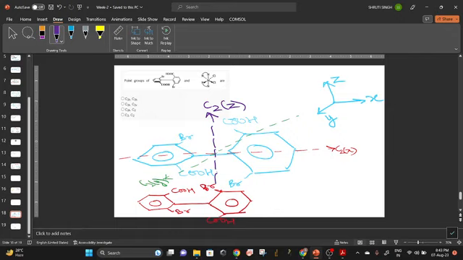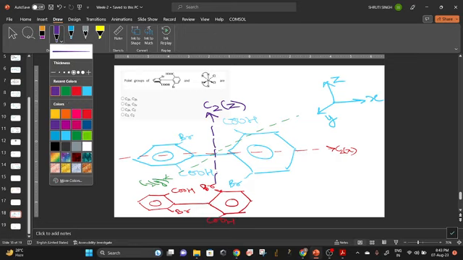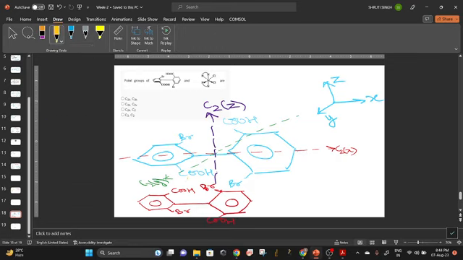Yes, C2 is there. If we are joining two C2 groups, then we have to do some inclined rotation. An inclined C2, because it is not along the z, not along the x, not along the y. It is like the allene case, ma'am. Allene is there, na? If we put it like this,